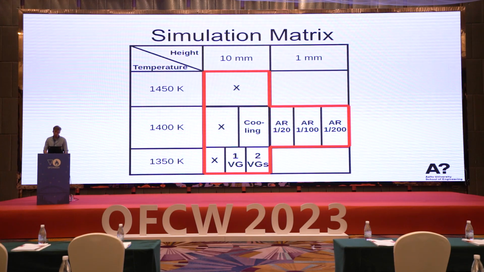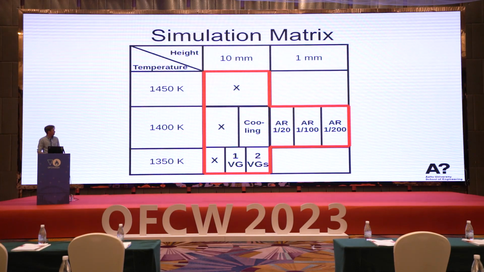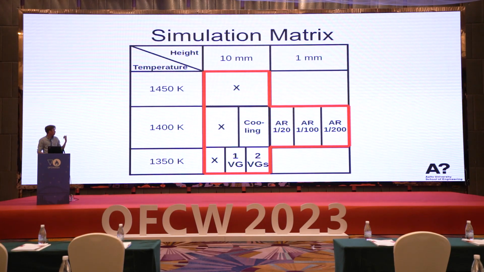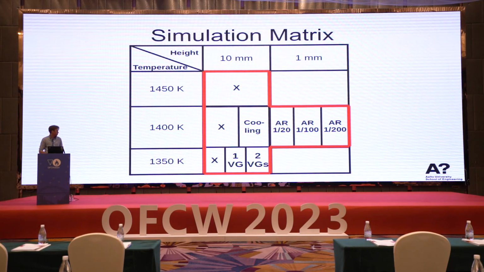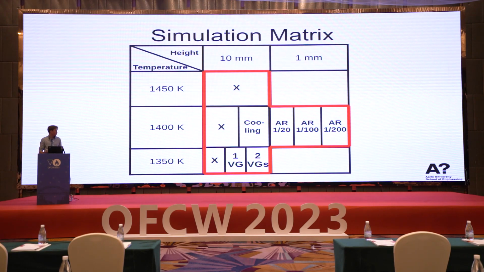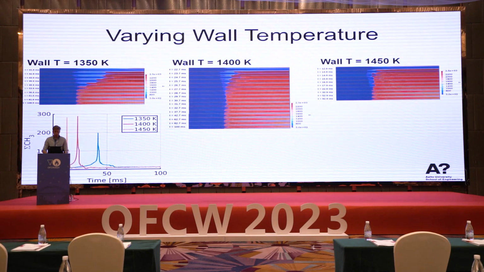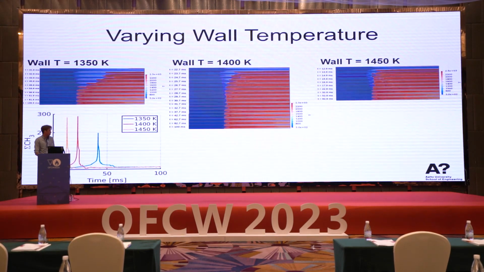Next, you can see the simulation matrix. What I varied is the hot wall temperature, and also in one case, after the flame had established, I took away the heating to see how the flame would behave. Also, in the coldest case, I added VGs to see how they would help, and also varied the channel height from 10 millimeters to 1 millimeter. So next I will go through the results quickly to show you. So here I varied the wall